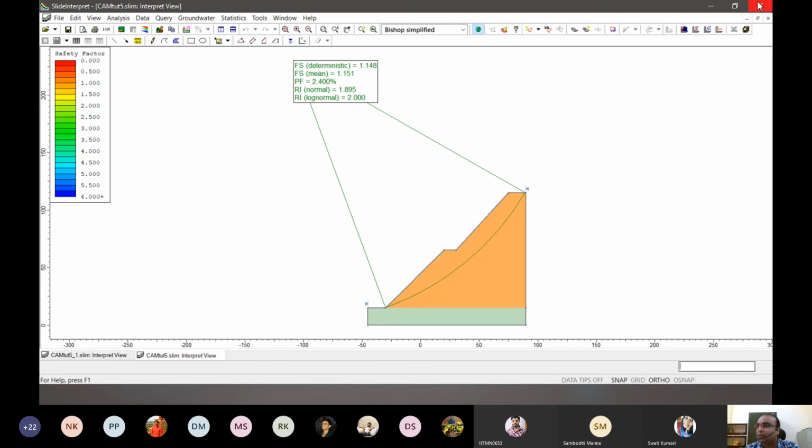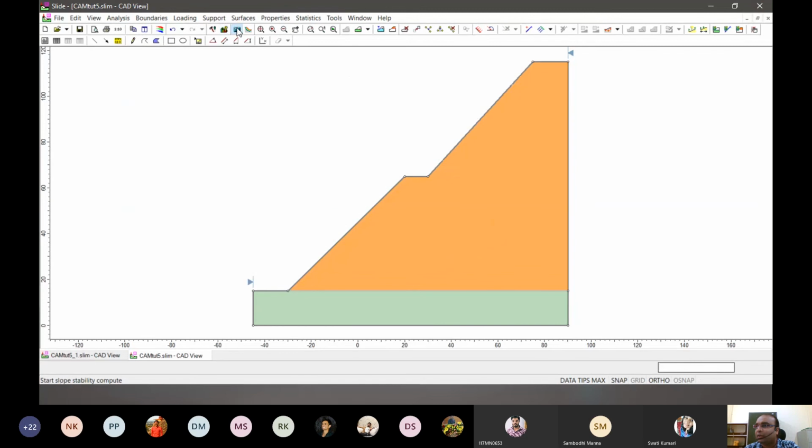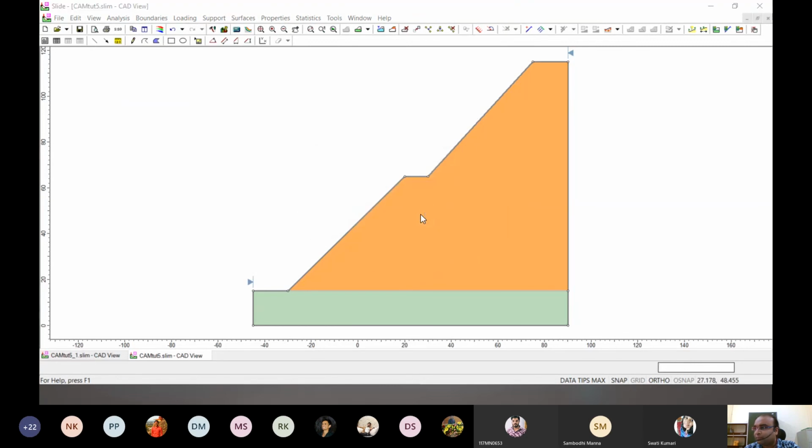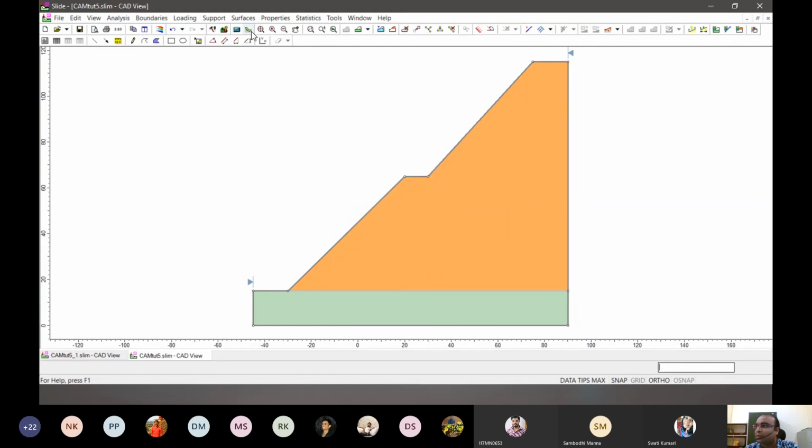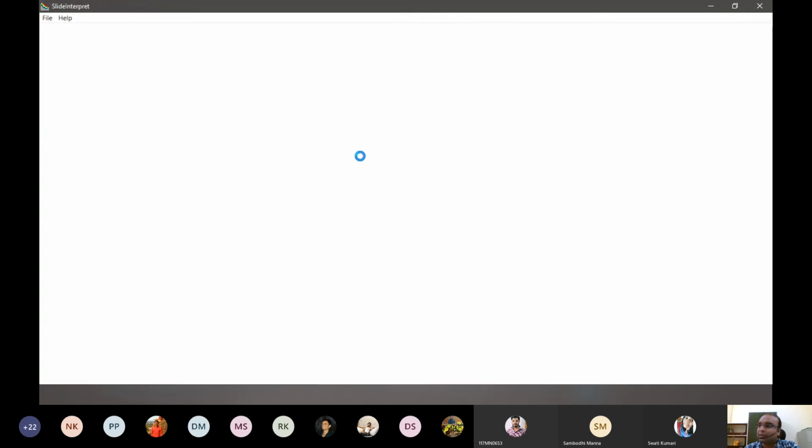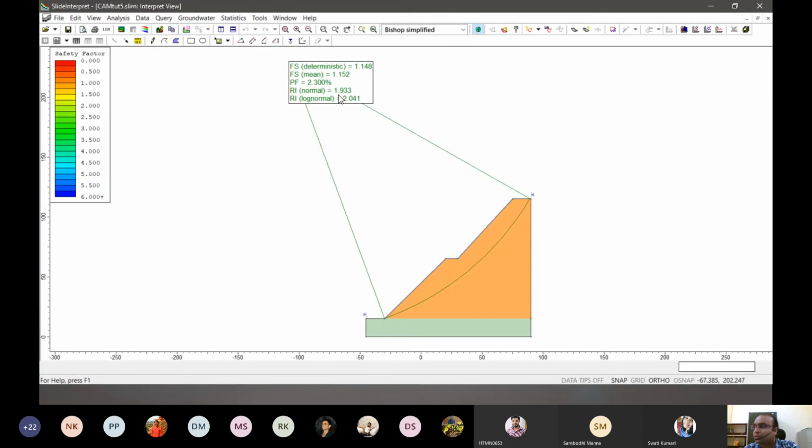And if I do it again, let's close it and do it again, there will be some changes, not very much, but some changes to the actual value. Now it is 1.93 RI, and even the probability of failure has changed a bit.